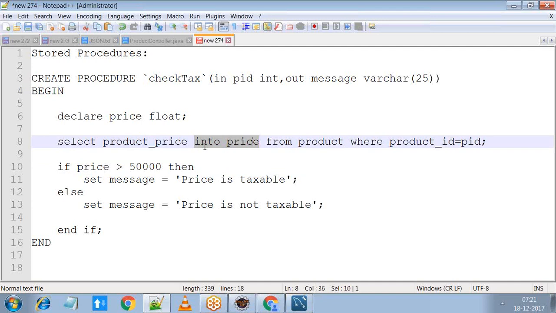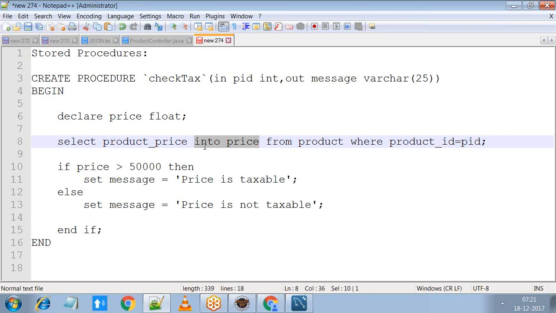We want to read the value from that column and store it into the price variable. Just above the statement, we have declared the price variable, which is a temporary variable. And this column is in which table? From the product table. We are specifying that column name